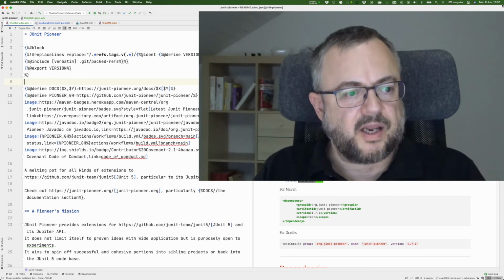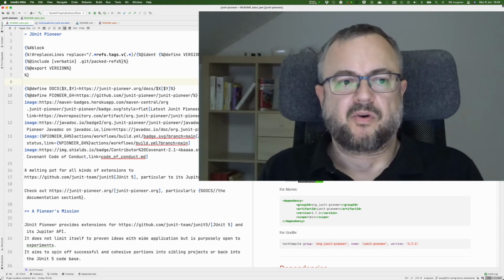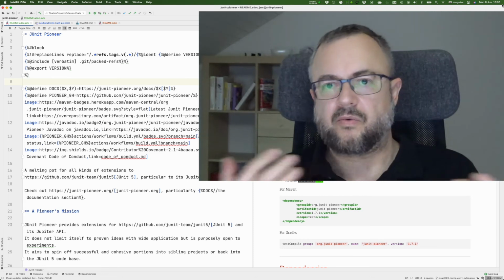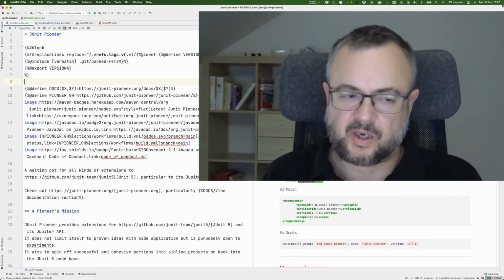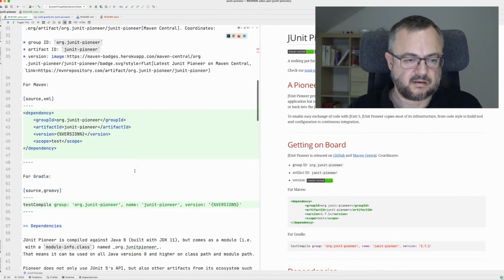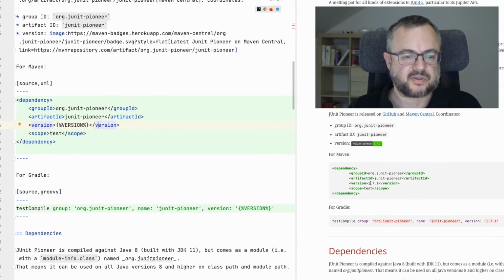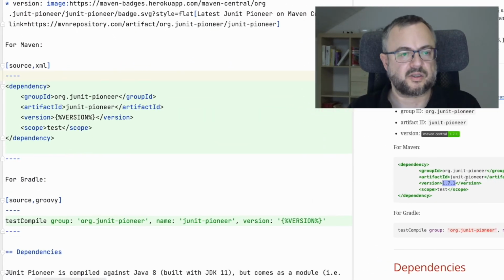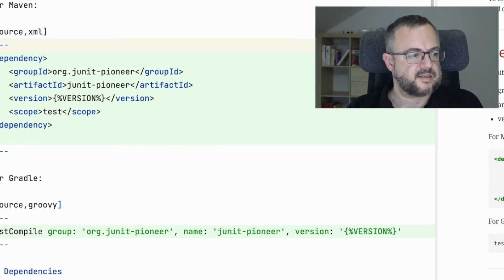And whenever you edit the file or you run your build, if you include the conversion from Jamal to AsciiDoc, automatically you will generate an up-to-date AsciiDoc file including the release version. And if I use this version macro here, then I just get this 1.7.1 in the current version,